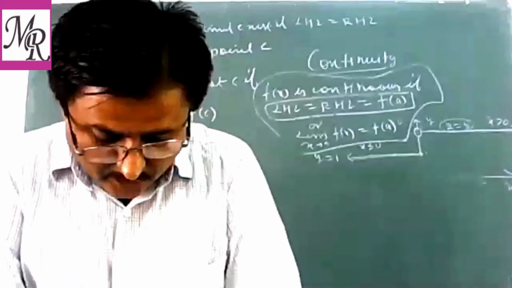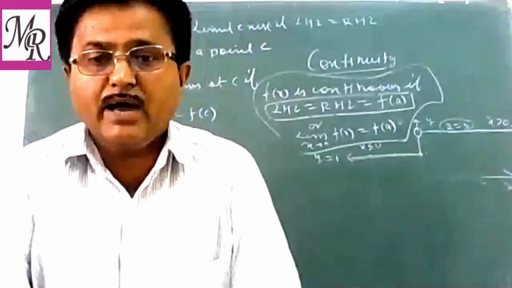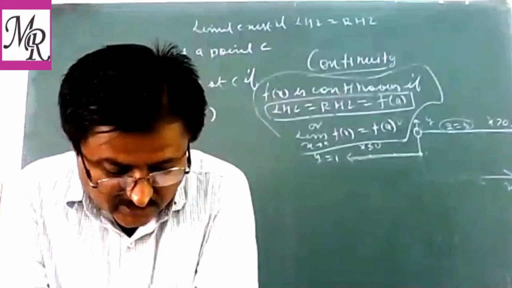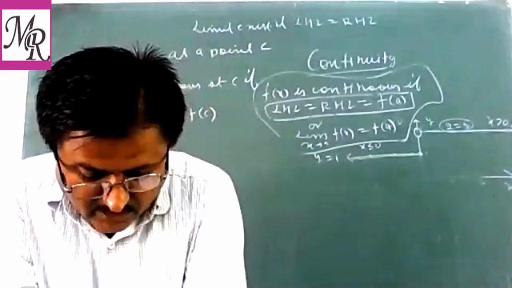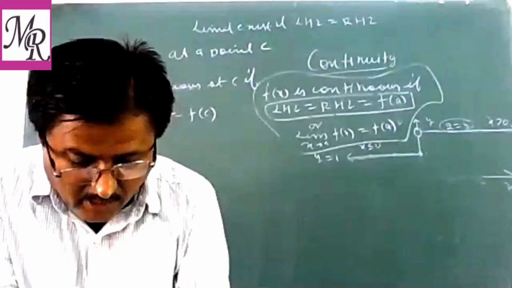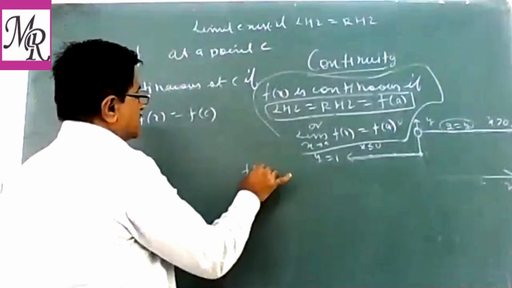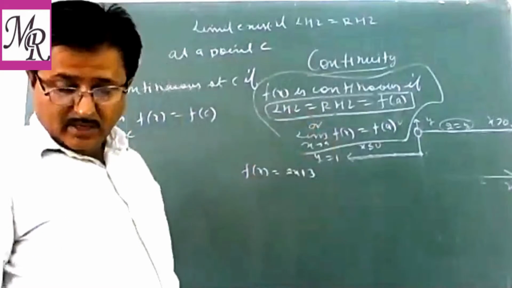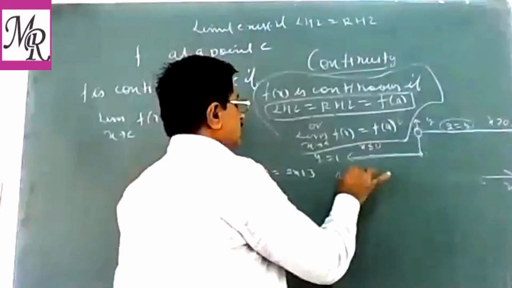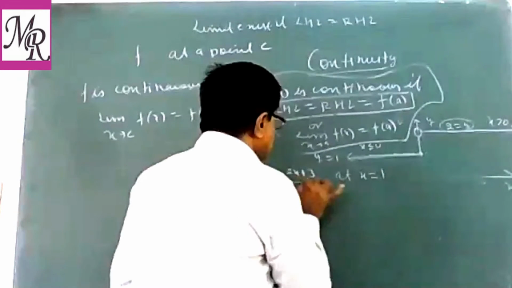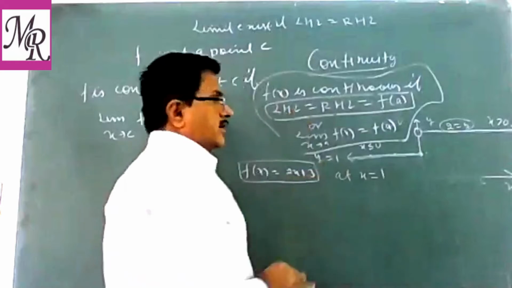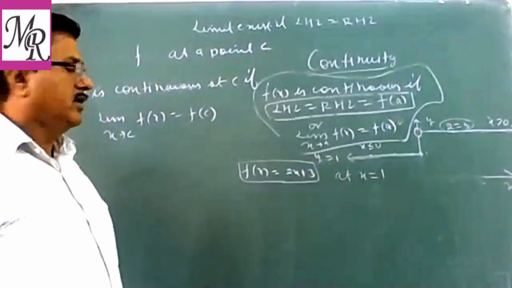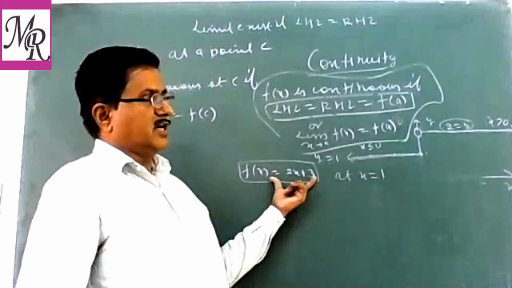Number 4, check the continuity of the function f. बुक है आपके पास बेटा? Yes, sir. Example, check the continuity of the function f given by f(x) equal to 2x plus 3. अब हमारे पास फंक्शन दे रखा है f(x) equal to 2x plus 3 at x equal to 1. तो ये फंक्शन आपको जनरल दे रखा है लाइक ए पॉलिनोमियल, किसी पार्टिकुलर पॉइंट पे फंक्शन को डिफाइन नहीं किया है, we are given a general function.